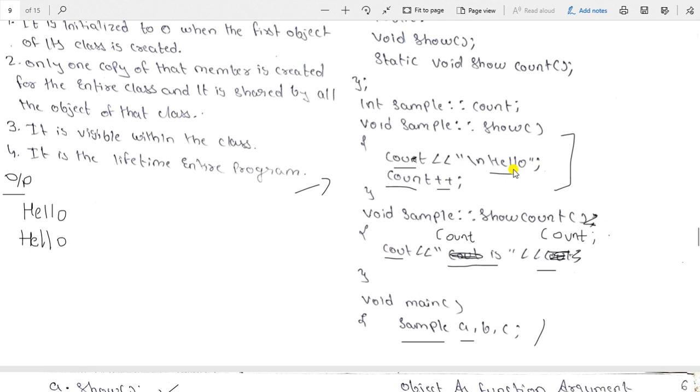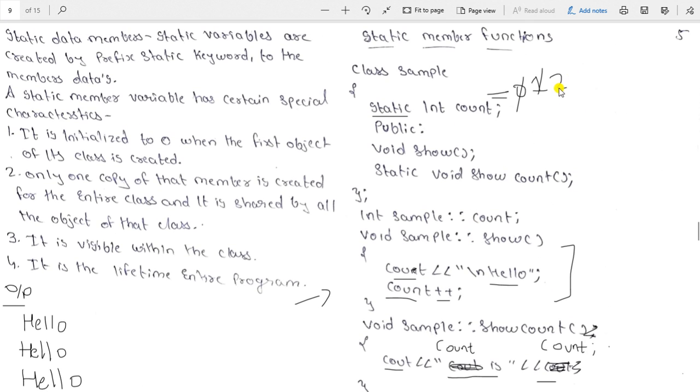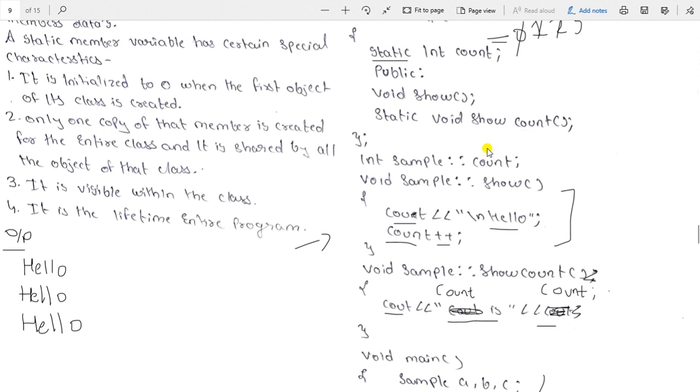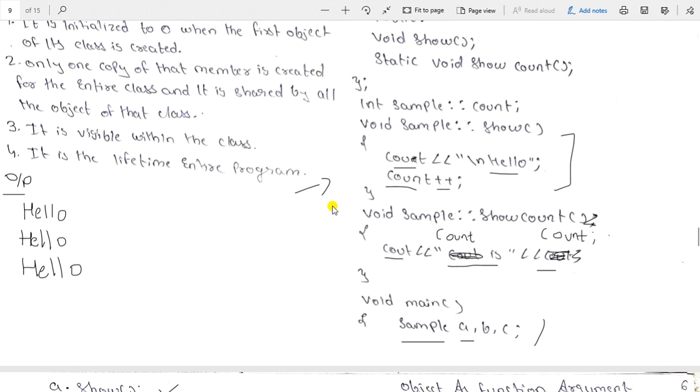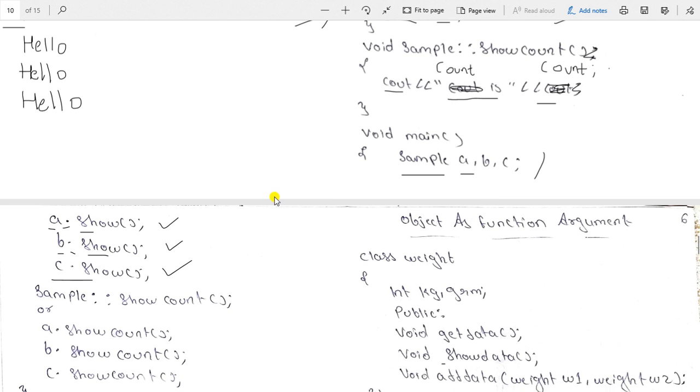Same as before, hello will be printed again. Count increment: what is the count value here? It is 2, so it will be incremented by 1. Plus plus means incremented by 1, so the count value is 3. I hope till here you have got this.